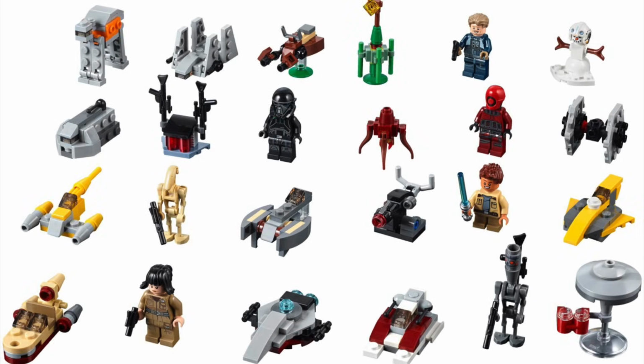starting with the worst set of the year. The advent calendar. I was not very happy with this advent calendar. The only things that really appealed to me in this calendar were the Death Trooper, Cloud City, the Imperial Transport, and the General Grievous Starfighter were all pretty nice,